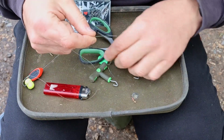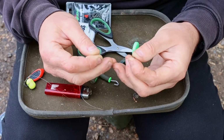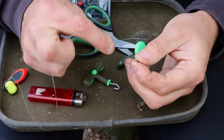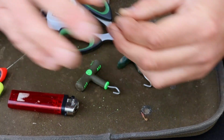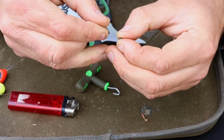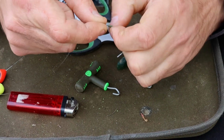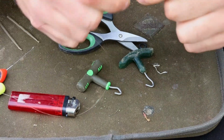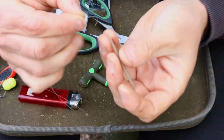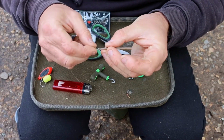Next, this is completely optional. I like to add a small sinker to the rig. It's only because it's such a long rig, I don't want there to be potential for some of the hook link to be looped up on the bottom. It just eliminates that possibility so that everything's nice and flat. Like I say, these are the small ones, so it's not going to make a jot of difference when it comes to the buoyancy of the rig. Pass that down. And finally, you are just going to put on a large tail rubber